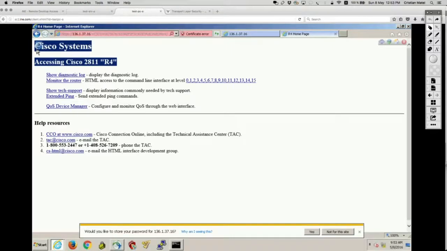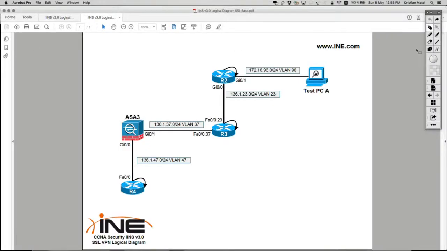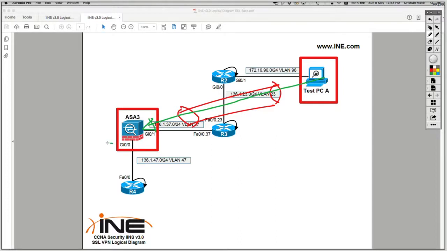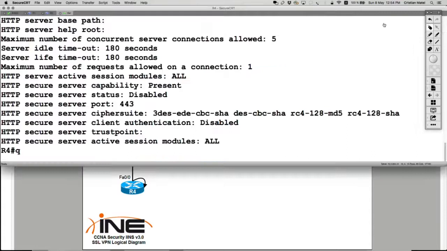And to confirm that the ASA proxies, because the client doesn't have an address assigned, a tunnel was built. So the user is going to send to the ASA, I want access to that bookmark, I want to get access to the HTTP server of router 4. And that's one session. And then we have another session which the ASA initiates, proxying in the name of the client, and it sources that HTTP session with its IP address of that interface, which is 136.1.47.16. So if you look on router 4 now, and you say show ip http